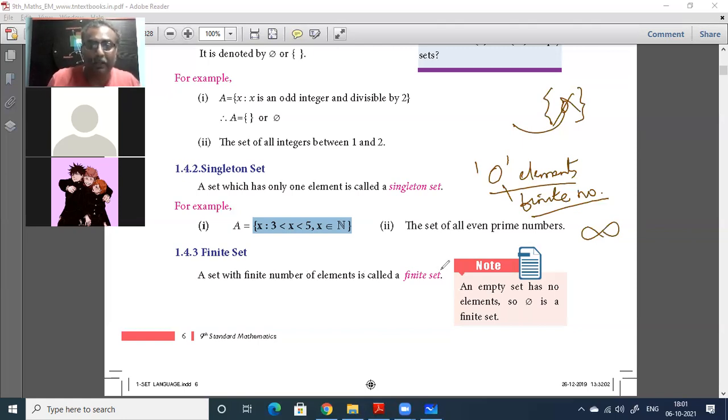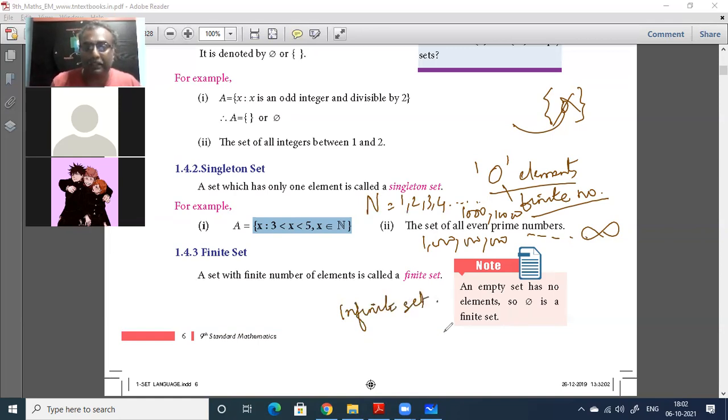Okay. The set of all natural numbers is an infinite set actually. See, n equal to 1, 2, 3, 4. Where will you end? You will end in 1,000, or you will end in 10,000, or you will end in 1 billion, 1 trillion. Where will you end? It will keep on going on. The set of all natural numbers is an infinite set. You understand?